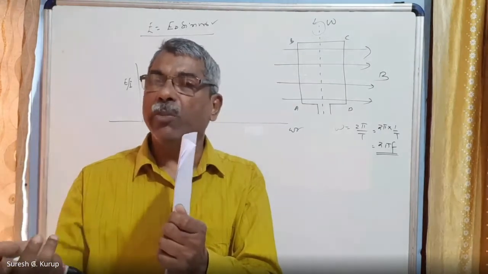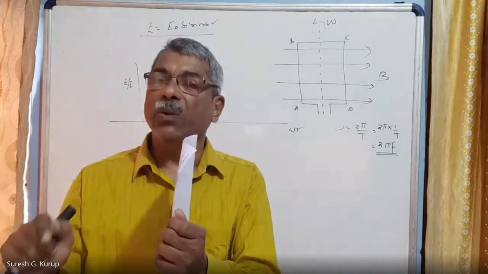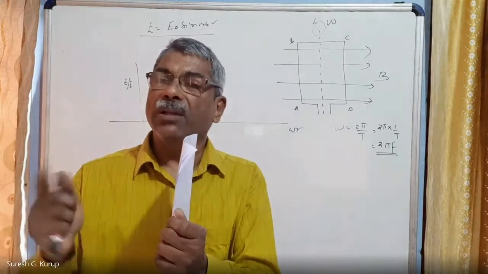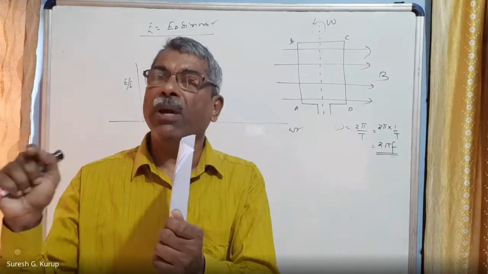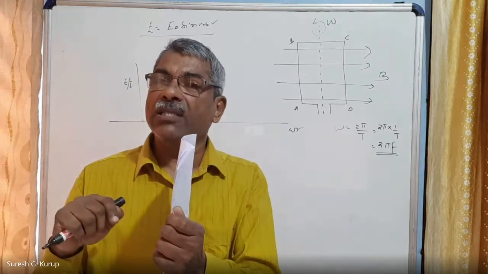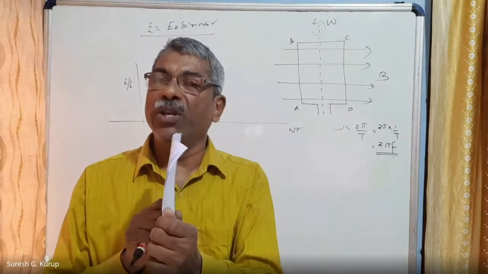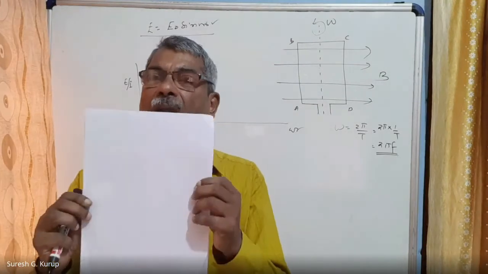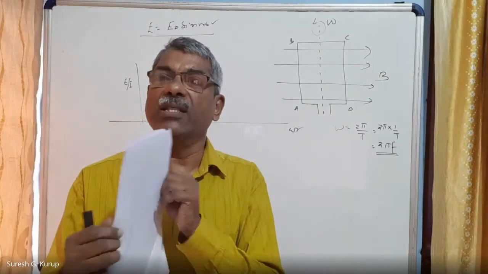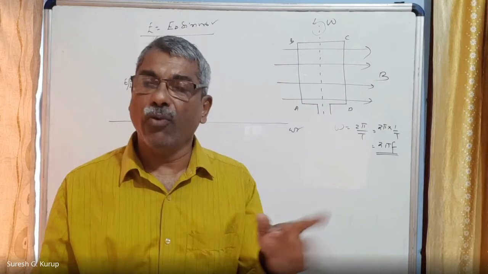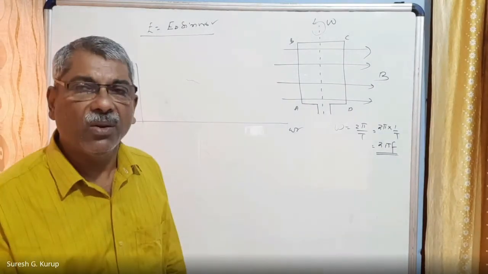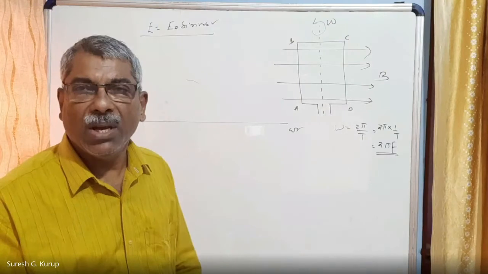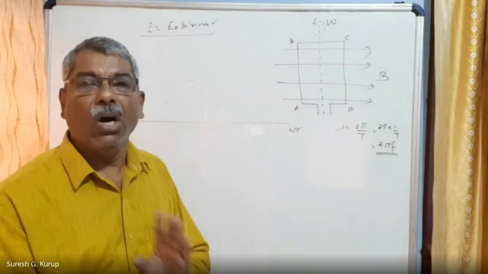Second part 2T by 4, and 2T by 4 is equal to T by 2. Then when the third part completes, the time taken is small t is equal to 3T by 4. Then the angle moved is equal to 270. And the last is what? 360. 4T by 4, the 4 cancels out. That is equal to small t is equal to capital T. That is the time course. When time goes, the angle also changes.